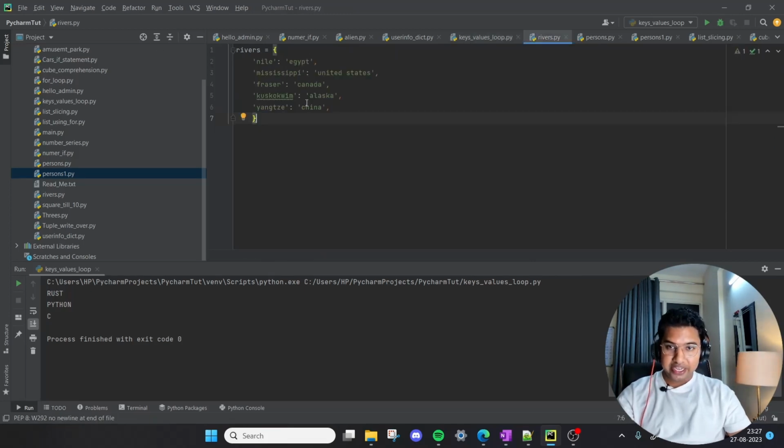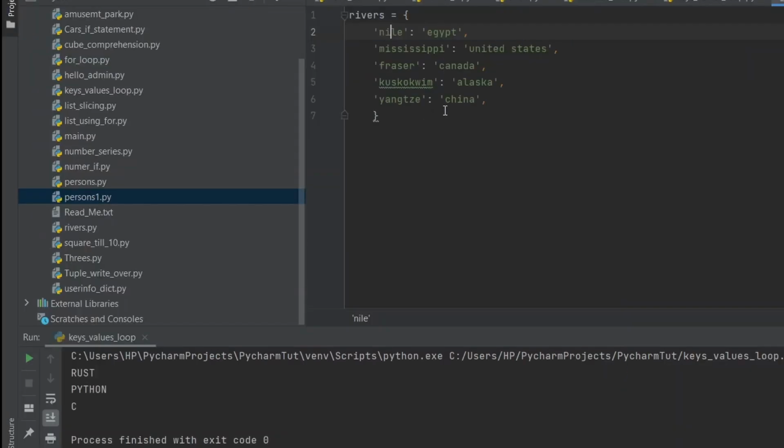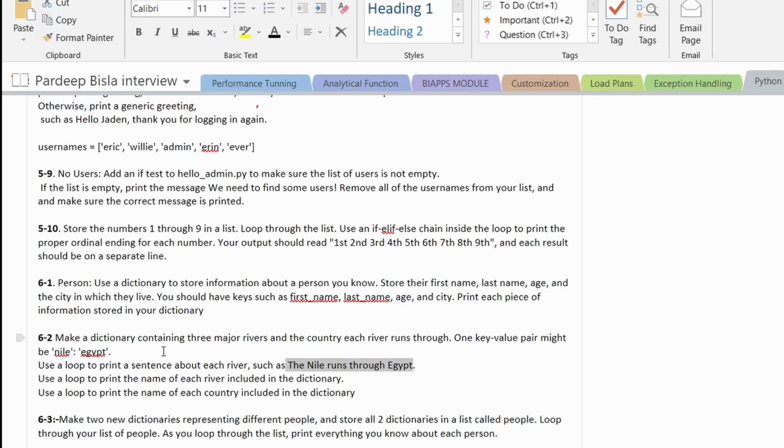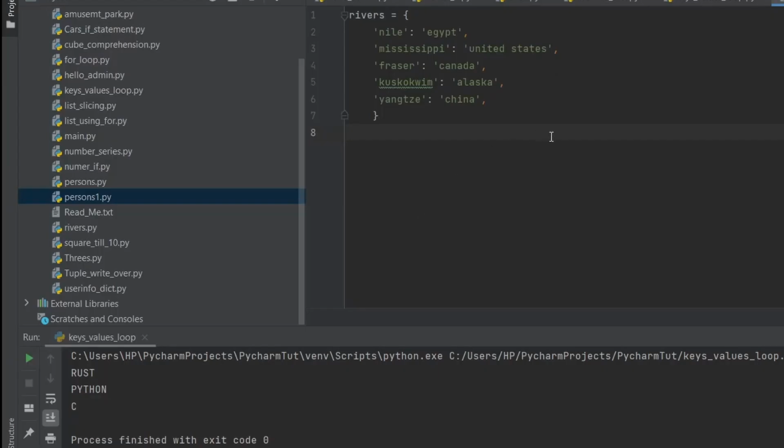So I have already created that dictionary here, in which I have given this key value Nile, Egypt, Mississippi, United States, and these other values also. Okay. So in the first statement, what he wants, use a for loop to print a statement about each river. ठीक है. So let me write down the for loop. For, we have to fetch key and value both, a and b in rivers dot items colon